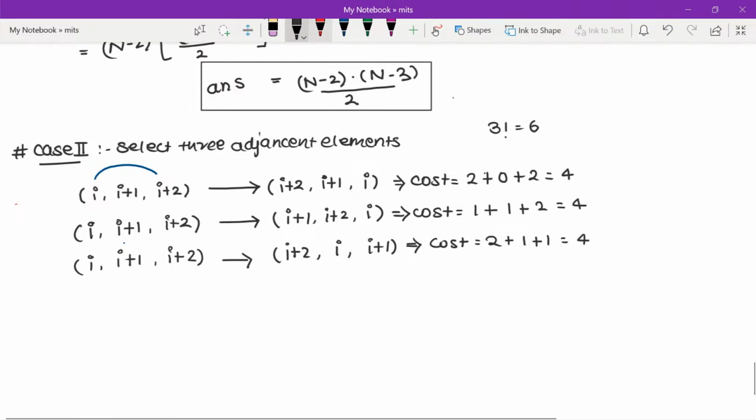So yes, these are the 3 valid permutations, right? So what I'm trying to say, now let's say we have an object, or I can say